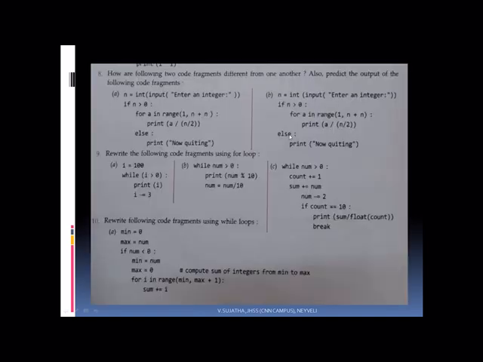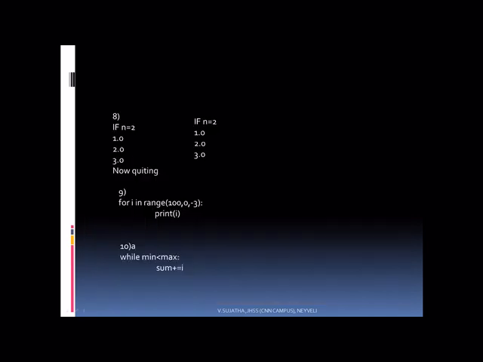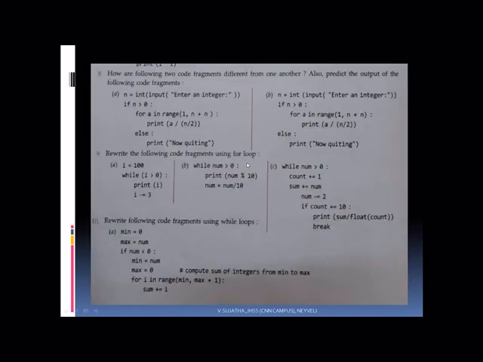Next, in the same manner, here also you are getting the n value. Here also assume that you have given the n value 2. N greater than 0, in the same manner it will print. See here, if 2 is greater than 0, the condition is true. If it is entering this part, it won't enter this part. So only 1.0, 2.0, 3.0 alone will be printed. It will not enter into this else part. That is the major difference between these two statements. Clear? Okay.